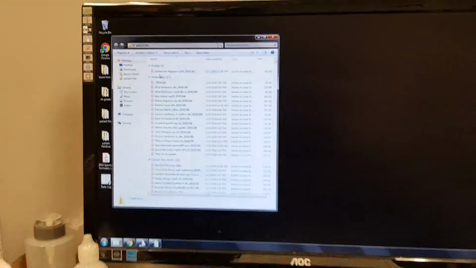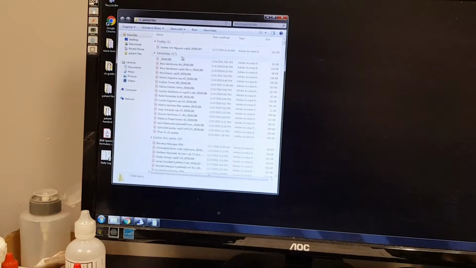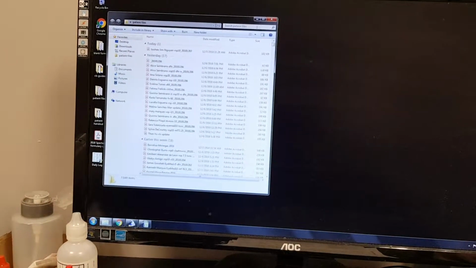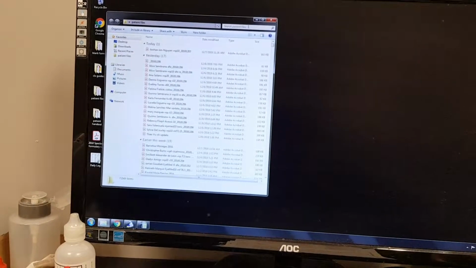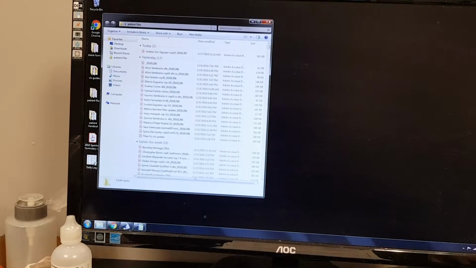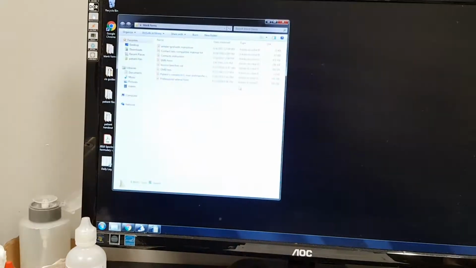And for the most recent files, they are all under here, patient files. Double click, and if you need to search for a certain patient, just type in the patient's first or last name, and then you should be able to search for it. So there are some other folders. This blank